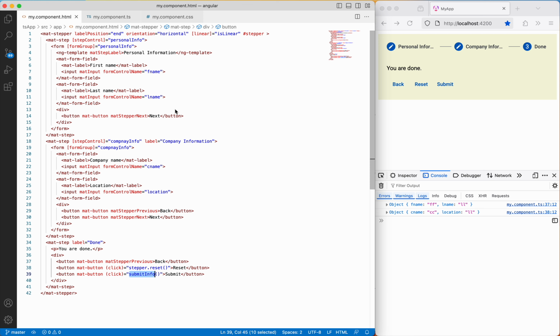so in this way we can create the stepper. You can see here that I have used the label attribute and the mat step label directive both. So you can use any of these. The difference is that the mat step label directive can also configure an image. Okay,